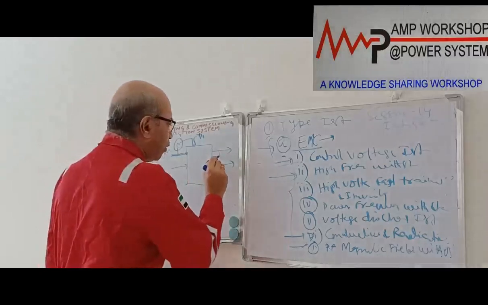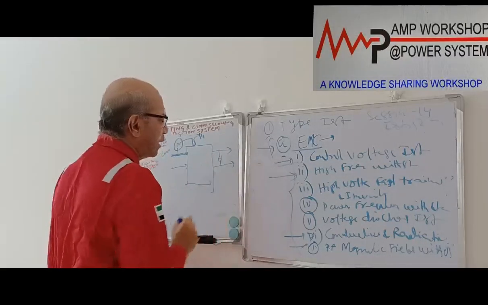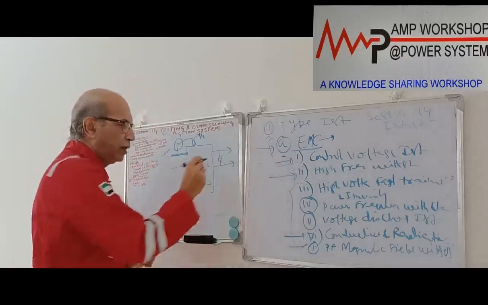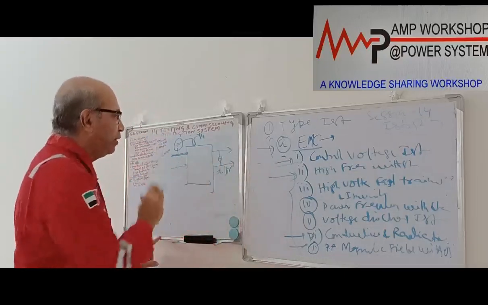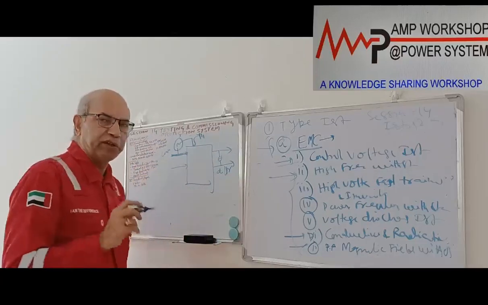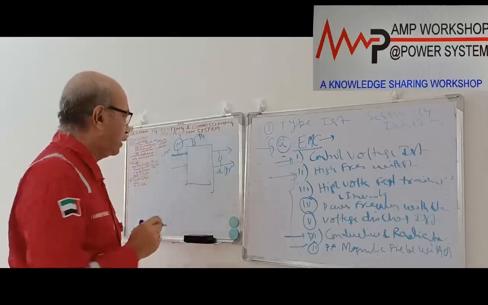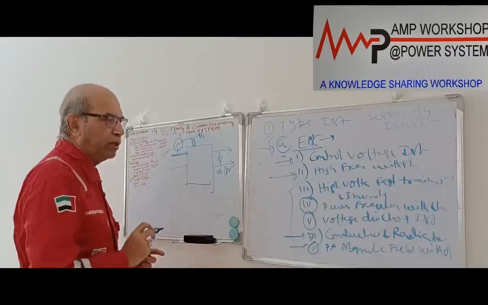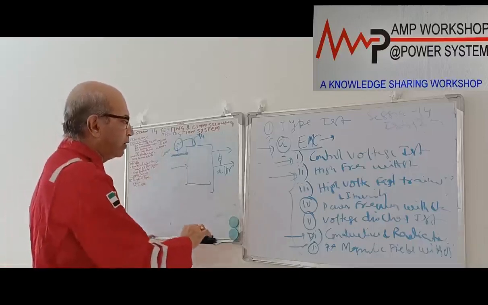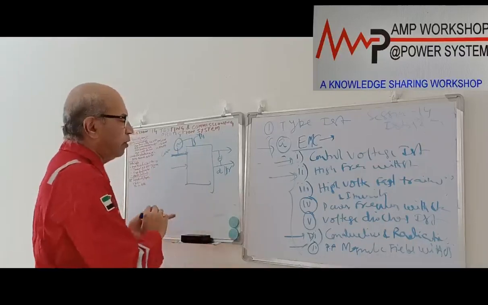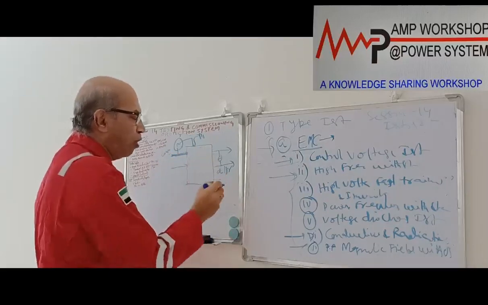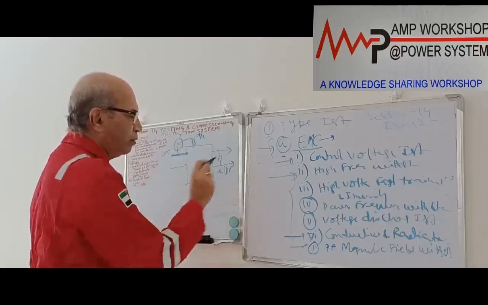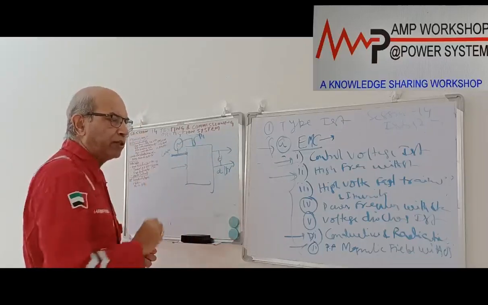But if we inject the voltage between two independent circuits, then we call it differential mode. So this voltage will be injected in the common mode as well as the differential mode for all the input circuits. On the output side, we don't need this high voltage transient test. The 4 kV test we will do in the differential mode and common mode, on the input circuits, to check the withstand capacity.